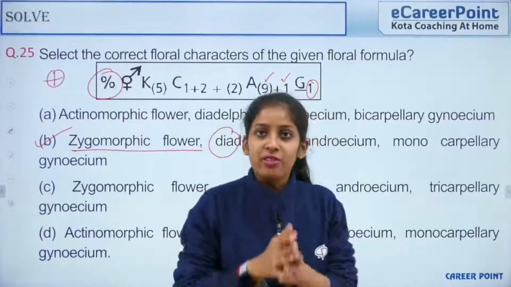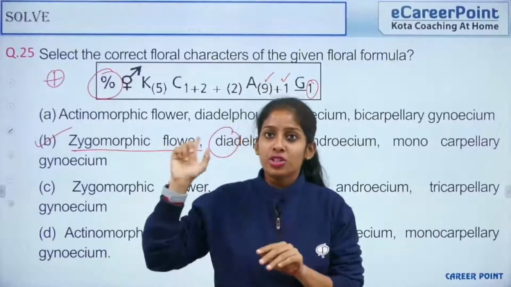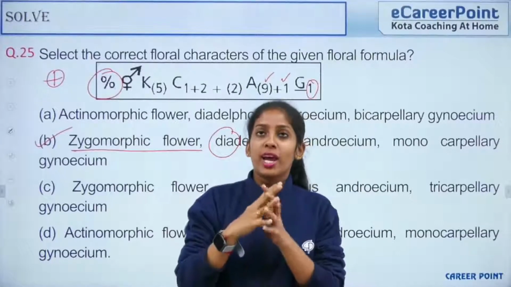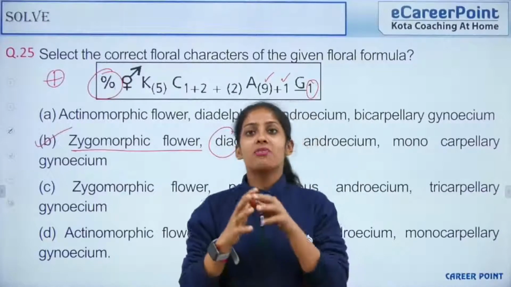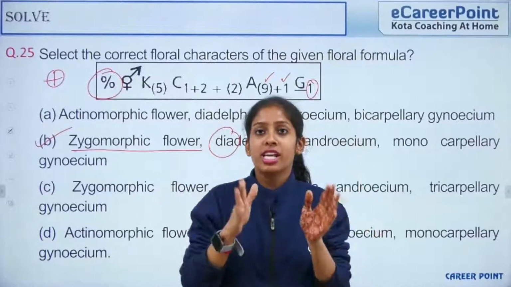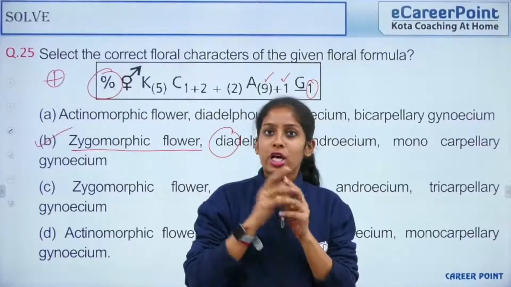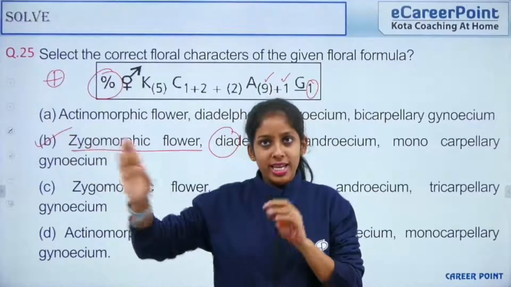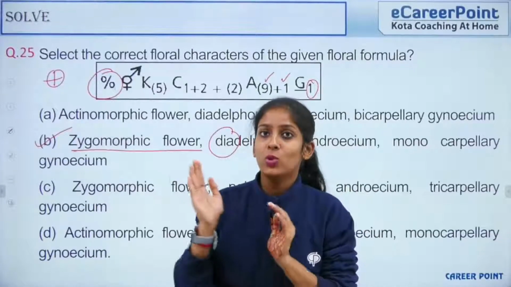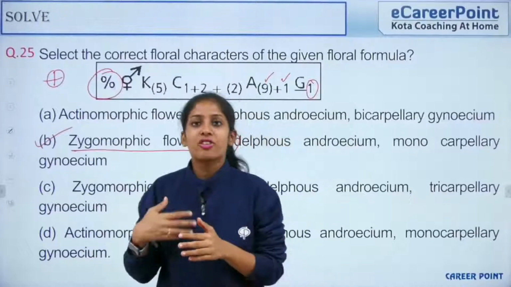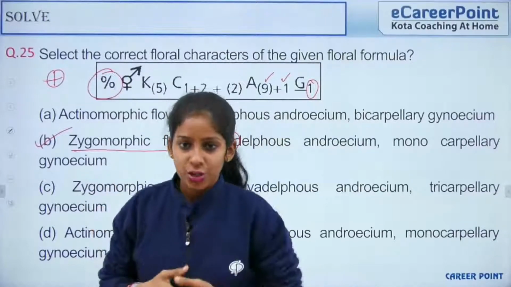Alright. So I will do a session after I finish the zoology discussion of this paper. I will do a session where I'll talk only about the pathways. I will tell you how to remember the names of the enzymes. So what is important in each of the pathways. I will do glycolysis and Krebs cycle together. Then I will do ETS, C3, C4, CAM pathway, C2 cycle differently. So in this way, you will be able to make notes and remember these pathways. So I will bring a session on that.